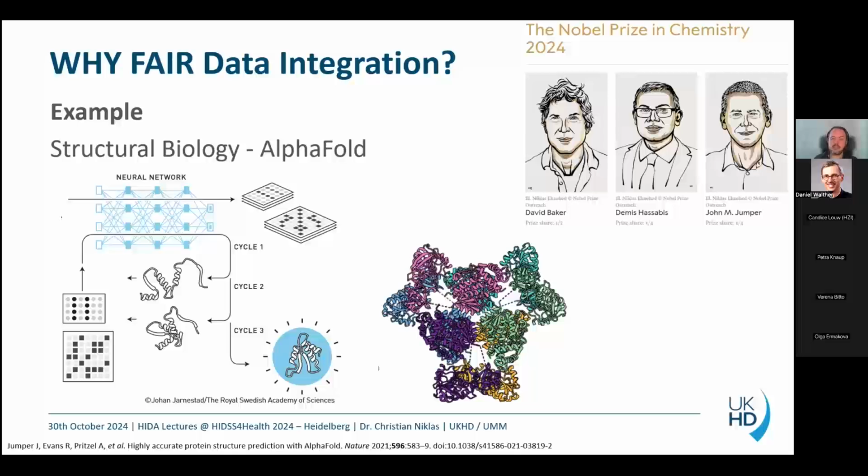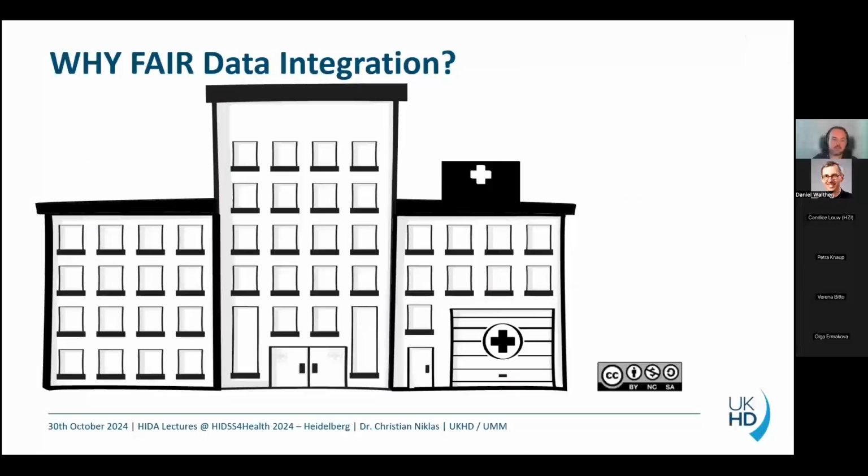All these things are now possible due to the work not only of the people that are obviously brilliant at DeepMind and Professor Becker. However, it was the work of the community that verified their data to actually arrive at a point where they could just use these large databases that are held in a well-curated form and in a FAIR form. So why should we do this in hospital?